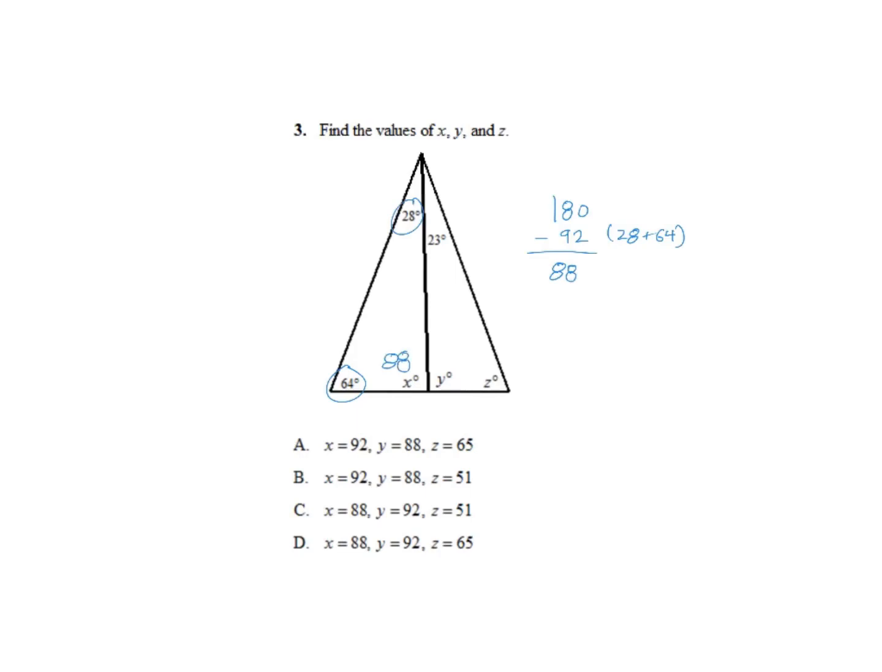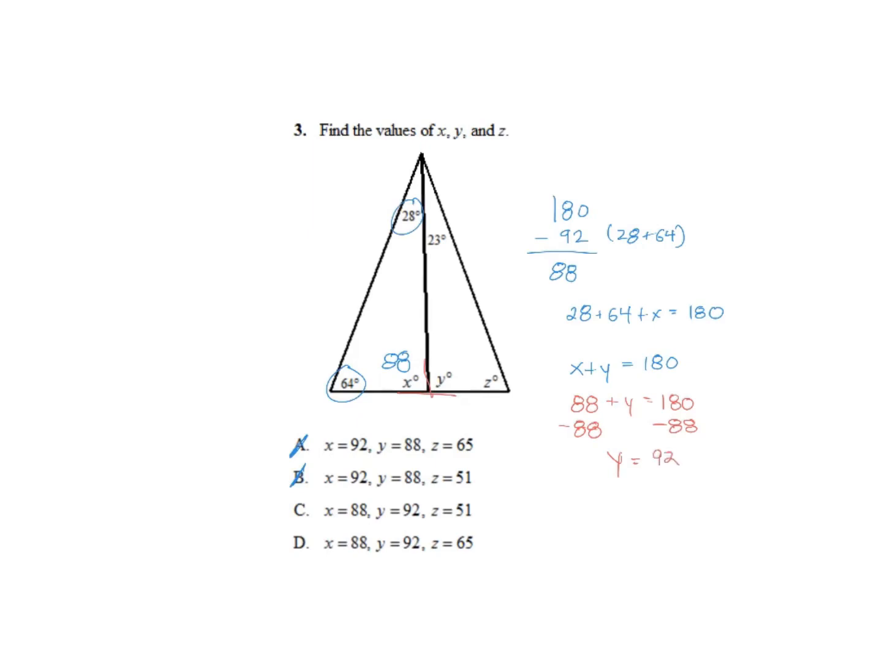Now, what that allows me to do is eliminate two answer choices. I always like to do that on any sort of test. Here, now the x, so we had 28 plus 64 plus x equals 180. The next piece is that x plus y is equal to 180, because that's a linear pair. So I have x, which is 88, so subtract that from 180, and we have y is equal to